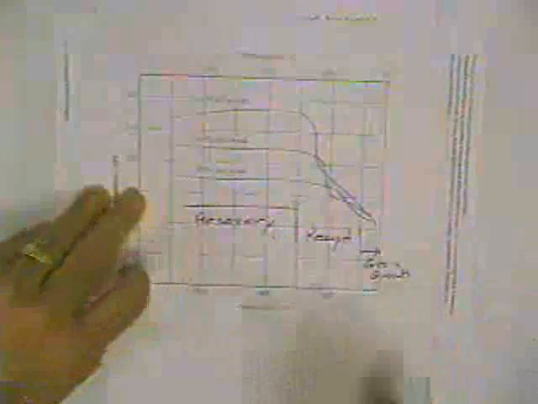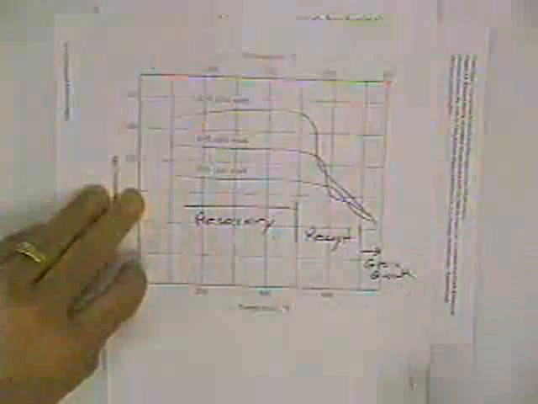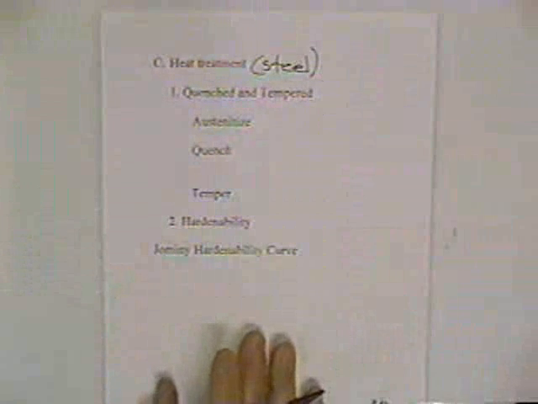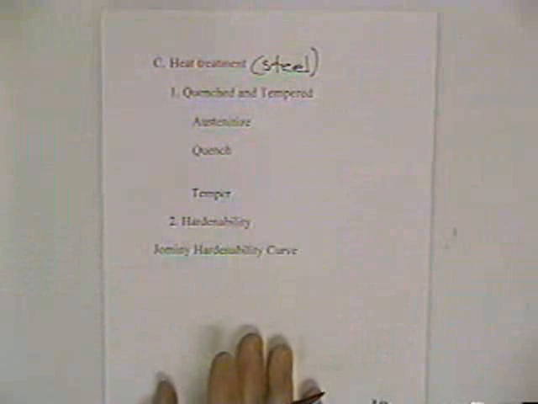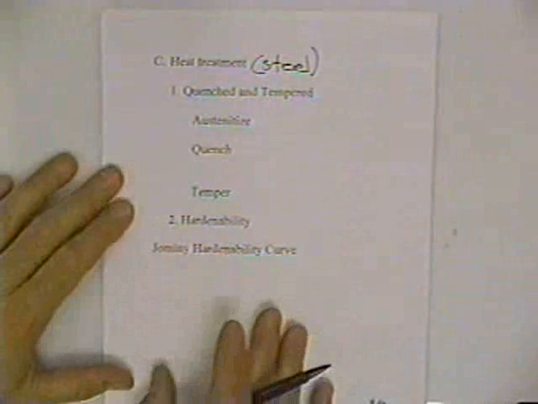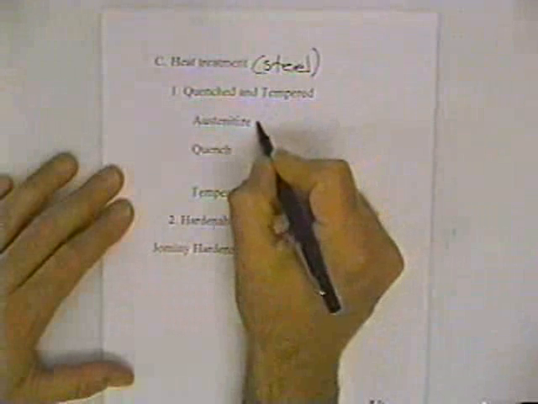This same material could be cold worked again, and the process could be done again. Now there's a way of heat treating materials so that you can change their strength also, and in particular the example that I am giving you here is for steel. We can develop what's called a quenched and tempered microstructure, and the first step in that process is to austenitize